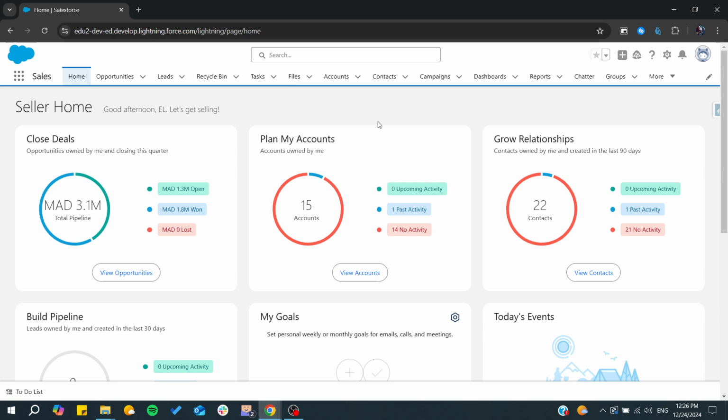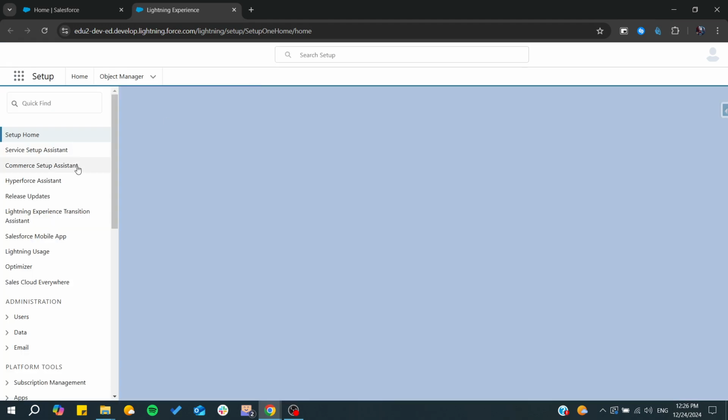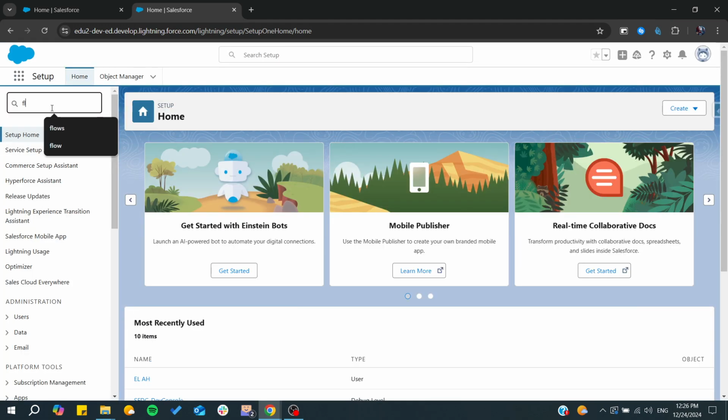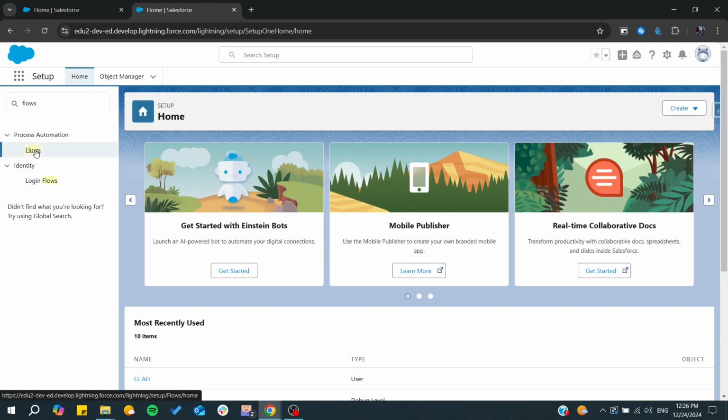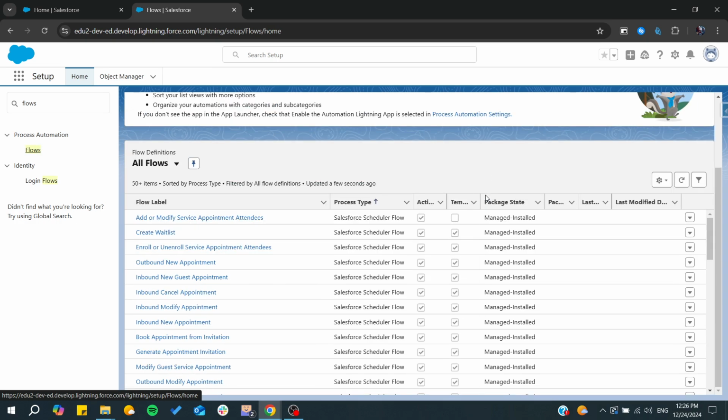So first, we need to access our flow builder or just the list of our flows in Salesforce. And basically we need just to go to setup. After that, we need to search for the flows. So I'm just going to type flows and we click on it here, and then we will need either to